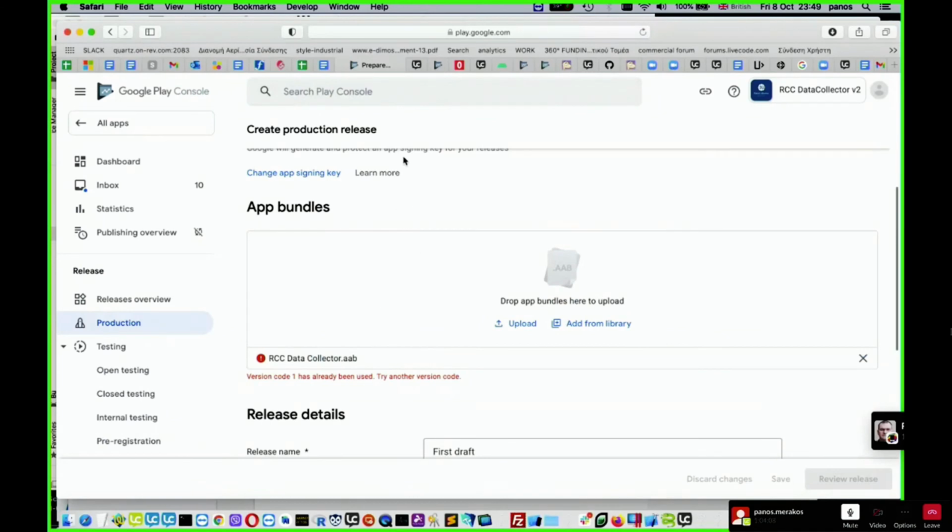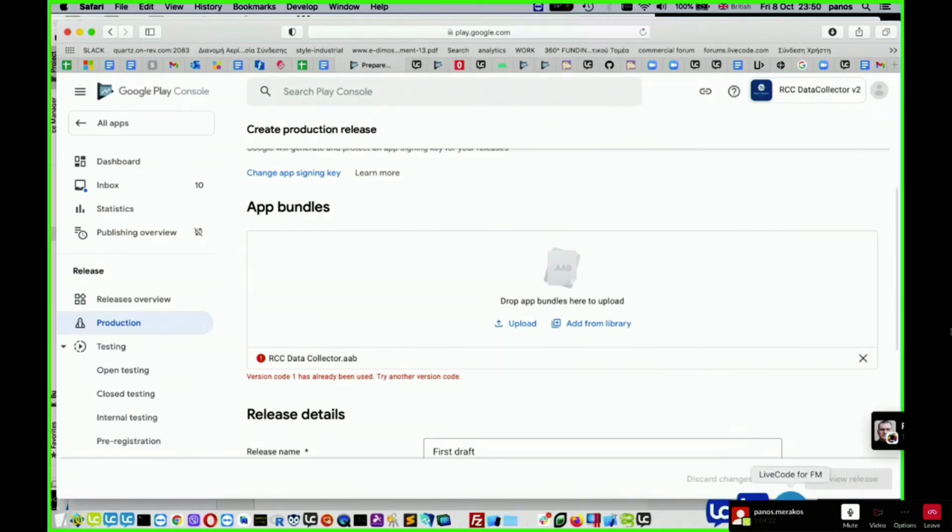I'm going to show you the links, but okay, we got a rejection as I was afraid. Version 1 has already been used, so even though we did remove this app bundle with version code 1, for some reason we cannot submit an app bundle with the same version code.